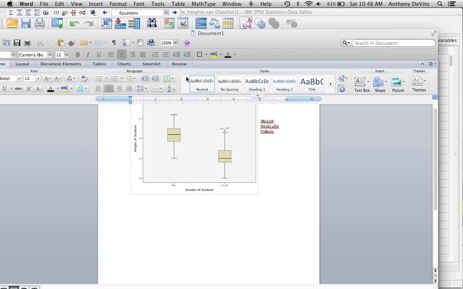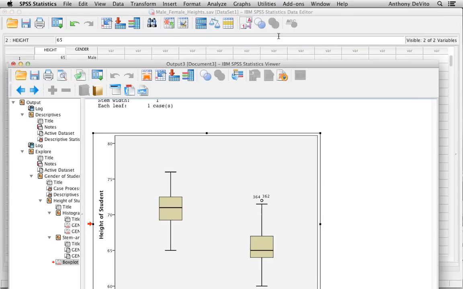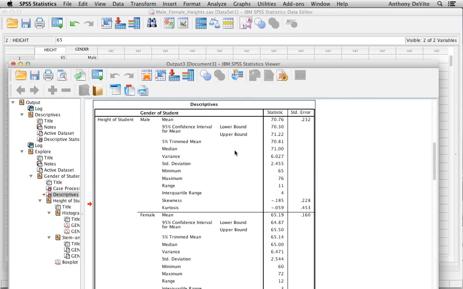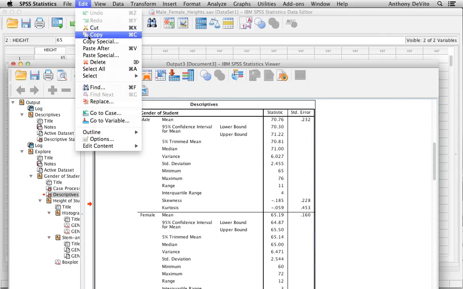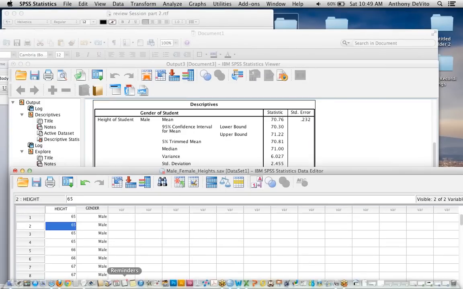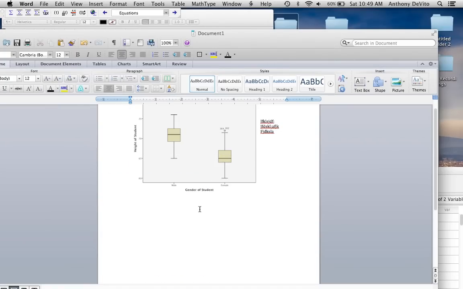Okay, so now I'm going to go back and take a look at, let me go to the output window. I'm going to take a look at this table that we've produced here. This table with the means and the medians and so on and so forth. I'm going to copy, I highlighted that. Notice how it's highlighted. You see a thin little line around it, a red bar. I'm going to say copy. Now, in this case, I have two choices. Okay, when I go back to Microsoft Word,